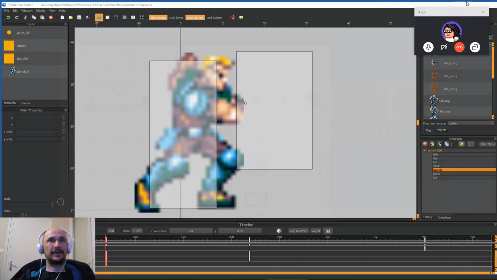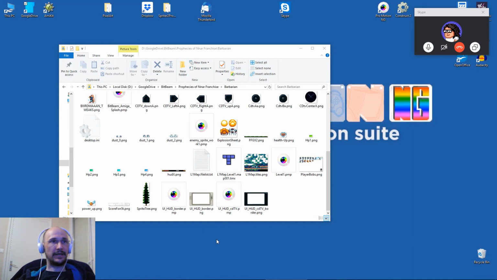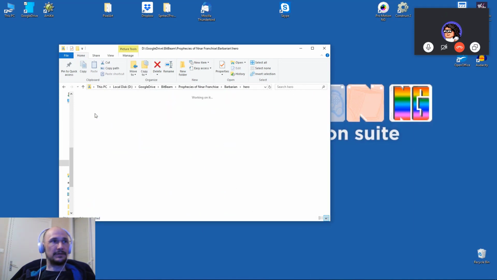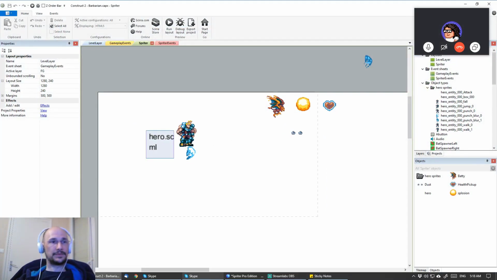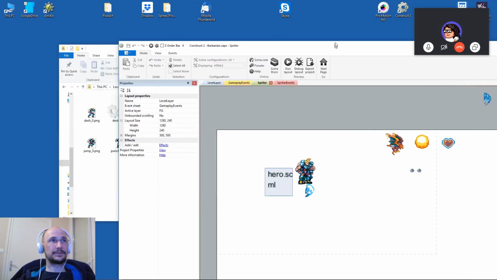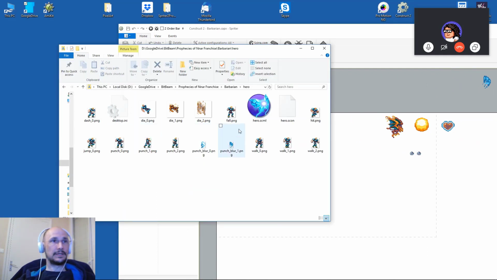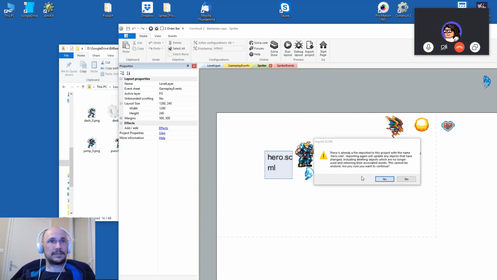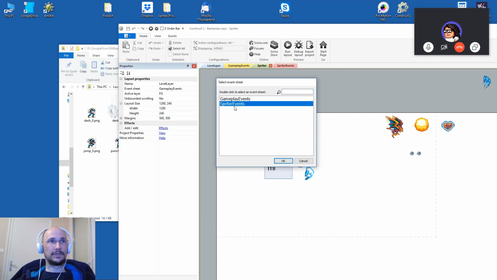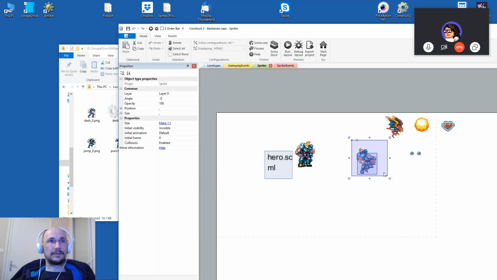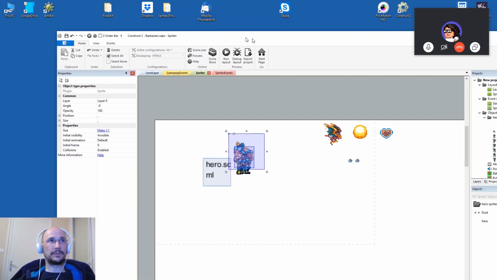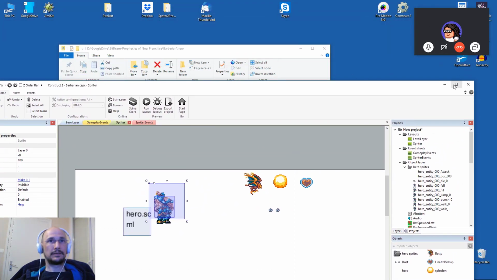Alright, so now with that event trigger added, we need to drag it back into the Spriter. Let's see. Drag it back into this frame here. So just do this and grab the hero.scml. And Spriter events. You can see it added the new sprites that it requires for those frames of animation. And then